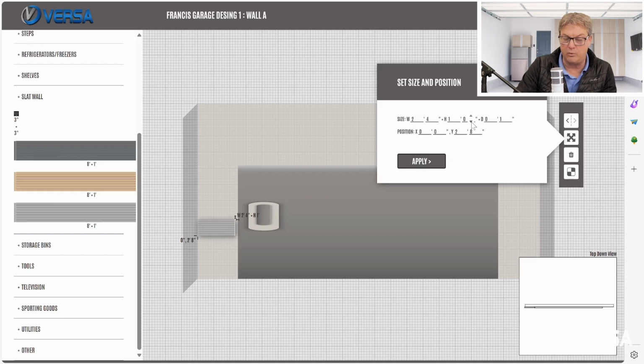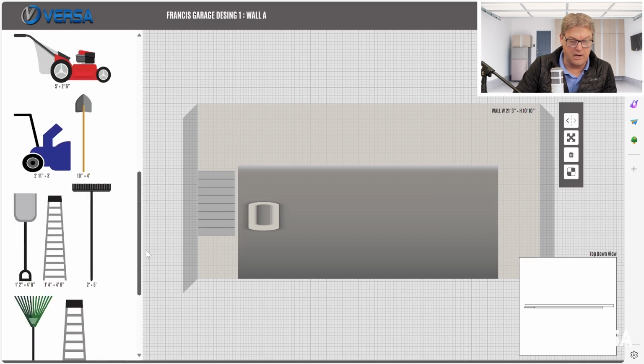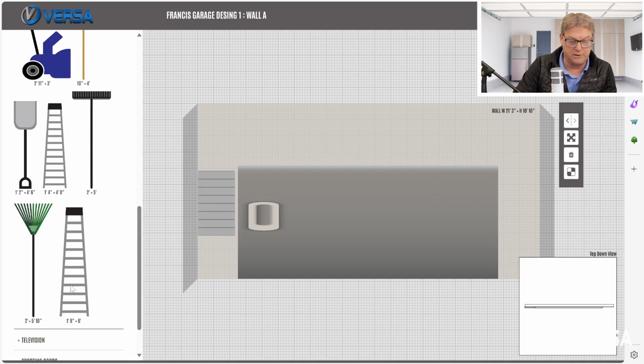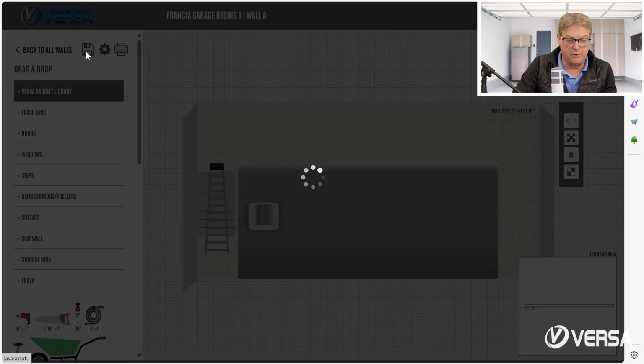So we're going to do 2 foot 4 wide, and we're going to go 4 foot high on this particular one. Then we can go down just to give the client a little bit of knowledge of what we're going to use this for, we can come in here and put a ladder on, for example. So then each time you get through and make changes on that wall, you're going to hit a save button,